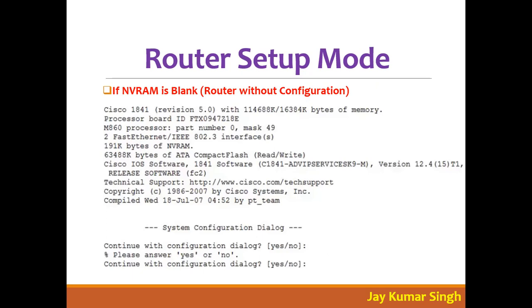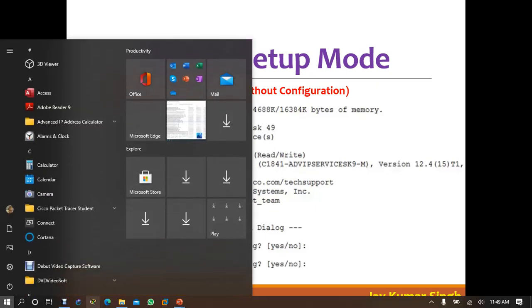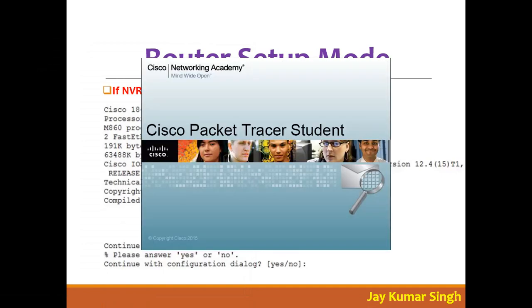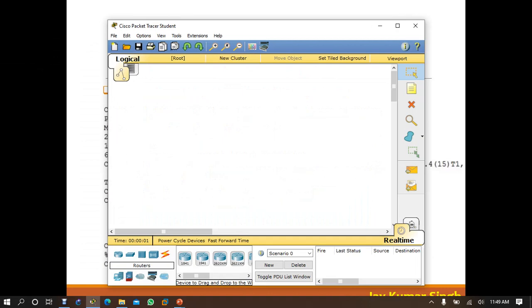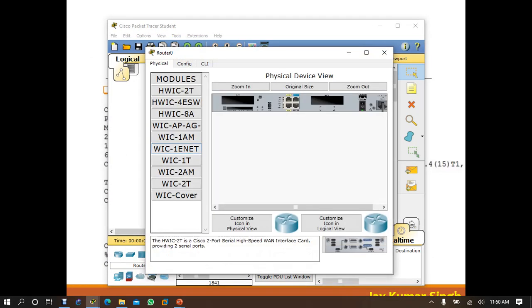See, when I started the router, it automatically came to setup mode. Now let's verify this. Let me take one router for example.